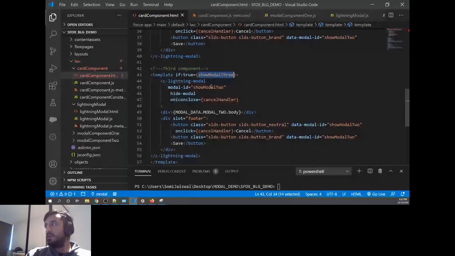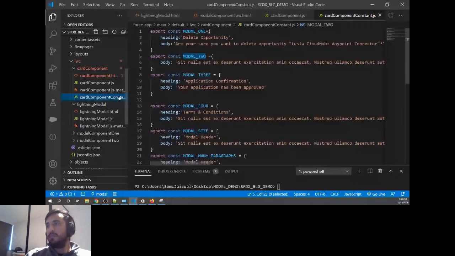And this should have property 3. And we'll call it footless model. And our template is ready, our model is ready. We have a cancel. We'll change this to the content we want, which is the model 3.